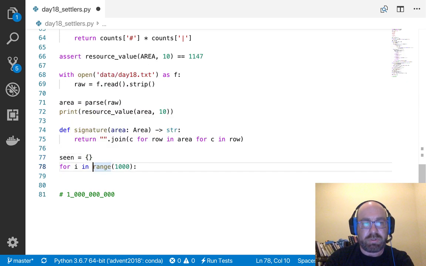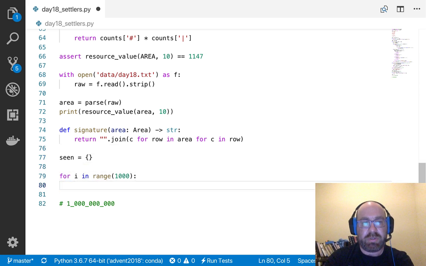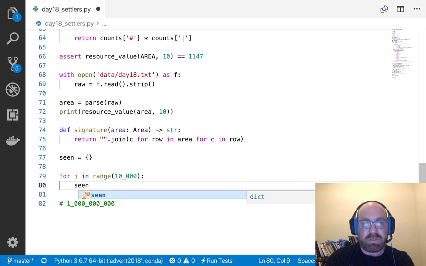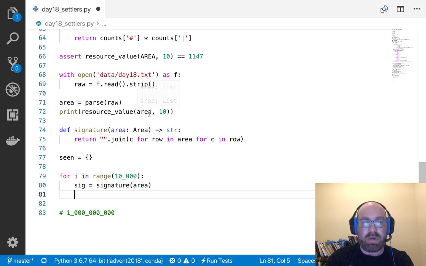Scene equals this. For I in range 10,000. Sig equals signature of area.